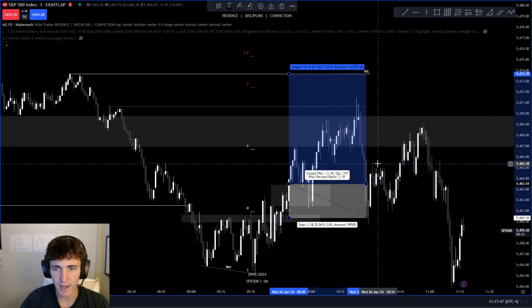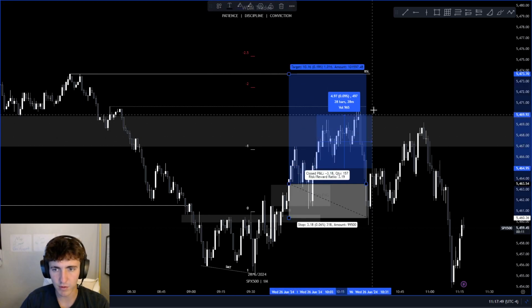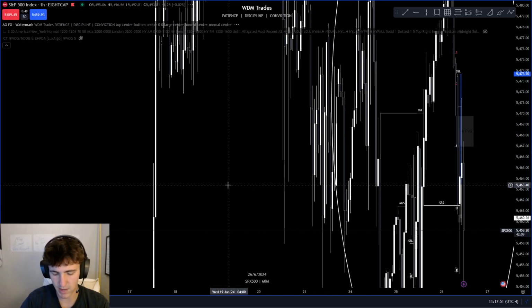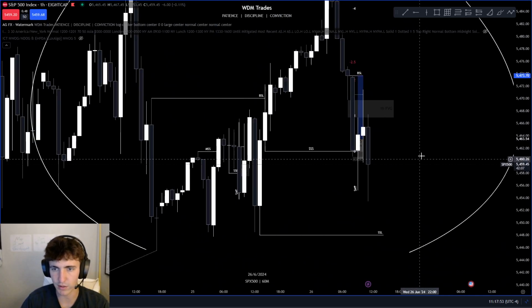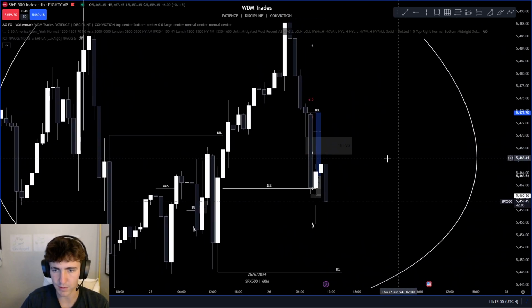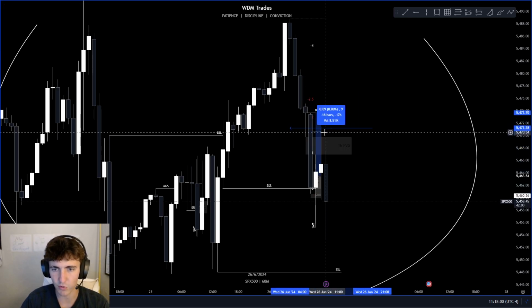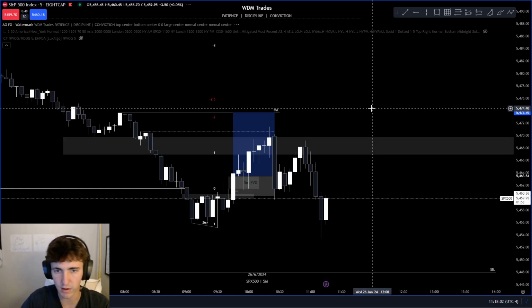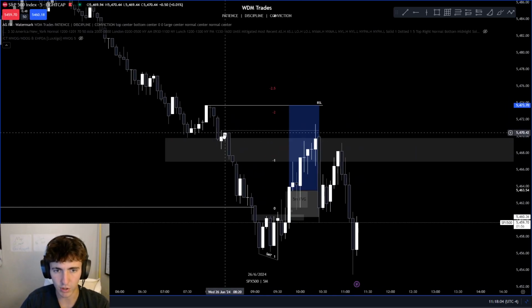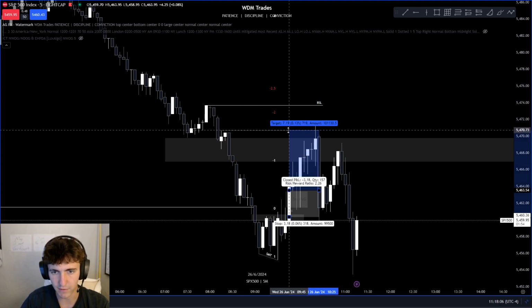As you can see, I wanted this level and we never quite got there. That's also the reason why I should have sold a lot of my position earlier, because we were inside an hourly fair value gap. We filled it completely, and I should have been smart enough to sell probably mostly all my position there. And this should have been my target, because of that fair value gap.